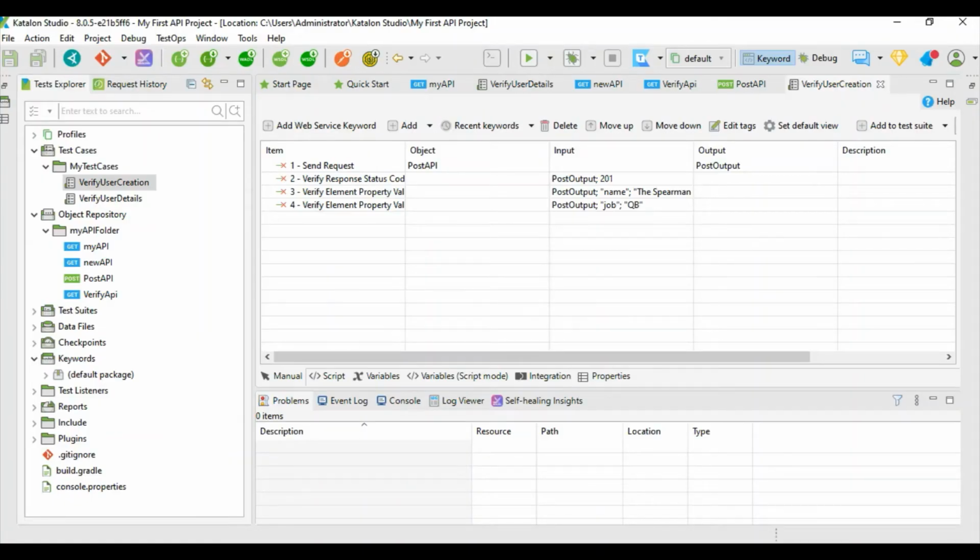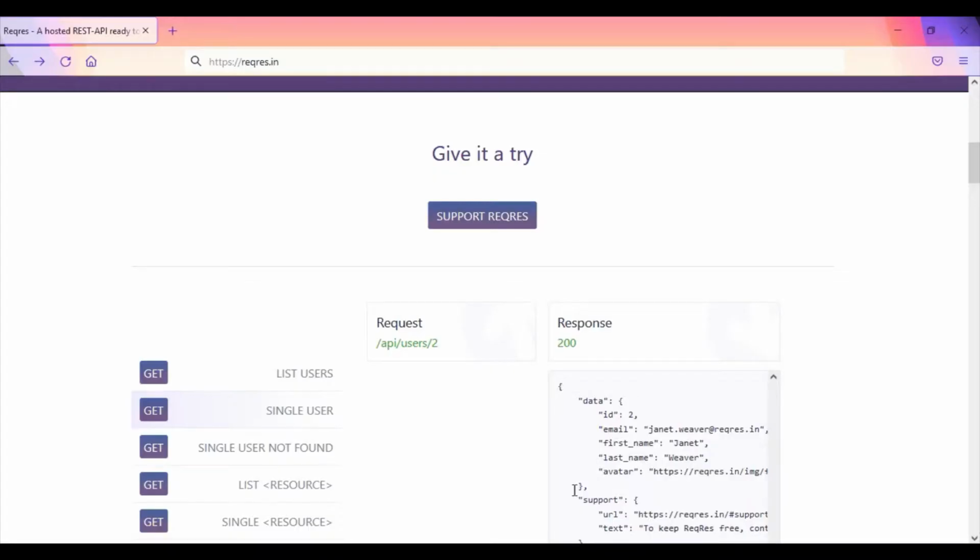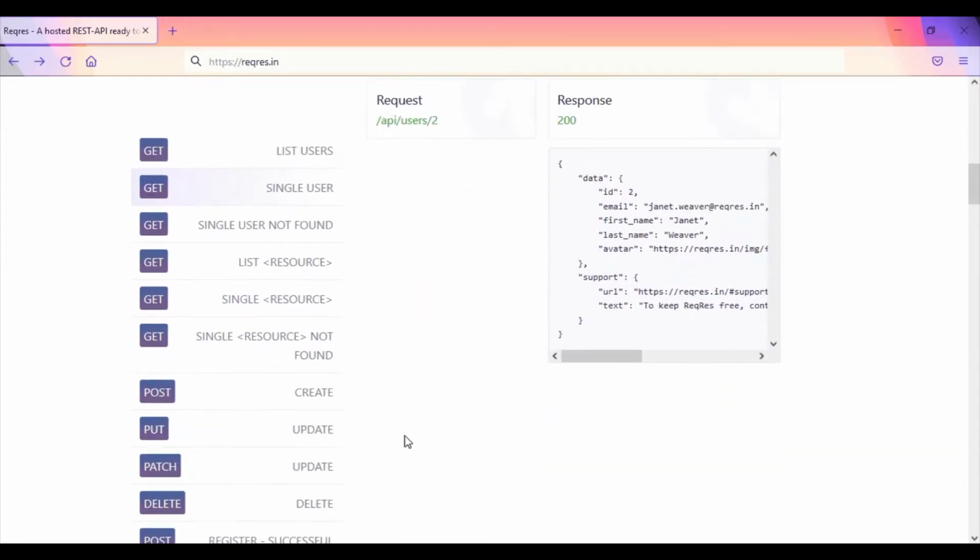So here it is. In the last video we saw how to create a document record using the POST command. So let us jump over to our very own ReqRes website. Again, we can see here for update we're going to use the PUT HTTP method. So how does PUT work? Let us click on this PUT.